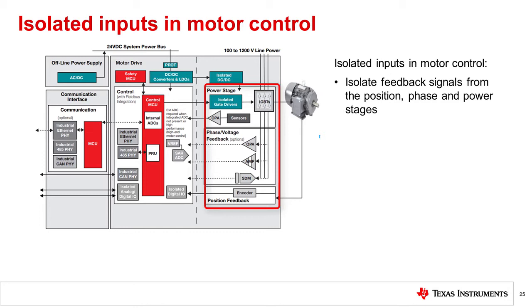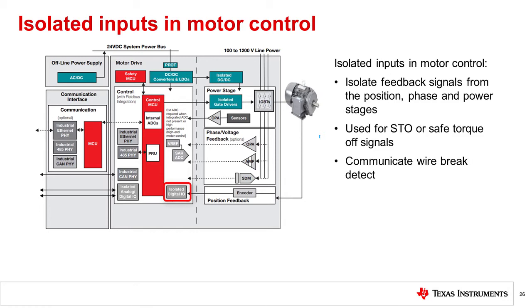speed and position. A typical AC motor drive is shown here. The digital I/O interface represents digital input feedback functions used to isolate feedback signals from safety and fault monitoring throughout the system, position, phase, and power signals. An added benefit of isolating the digital inputs from the control module is the prevention of ground potential differences from causing communication errors. In motor control, digital inputs are often used to provide a PWM pulse chain, which helps to control motor speed. Alternatively, with control algorithms, digital signal inputs make any necessary adjustments to the power stage in order to achieve a target output.